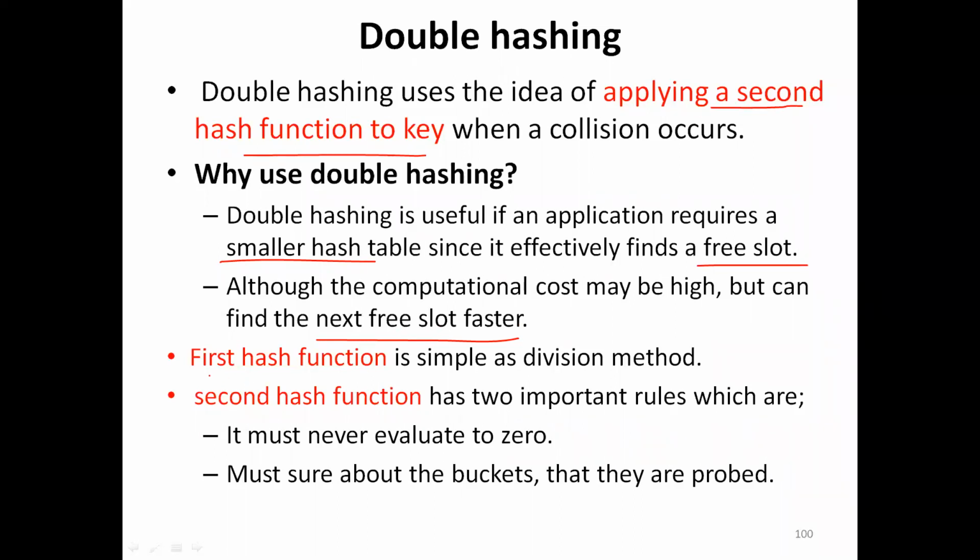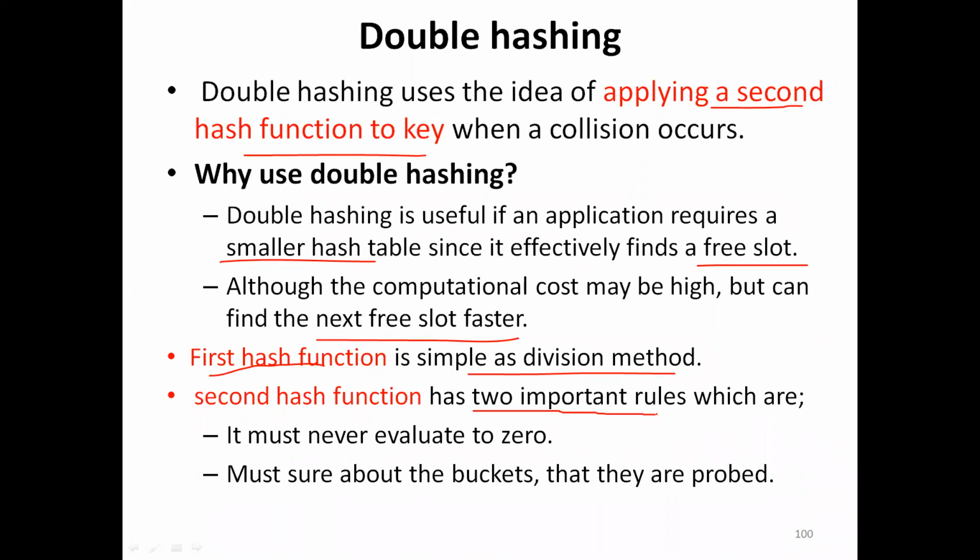The first hash function is as simple as the division method. We said there are two hash functions. One is the first hash function, called the division method, which I will show. And the second hash function, if the first is not working, I will go to. While choosing the second hash function, we are going to define the hash function, to write the formula for it. In writing the formula for the hash function, what are the things I have to check?